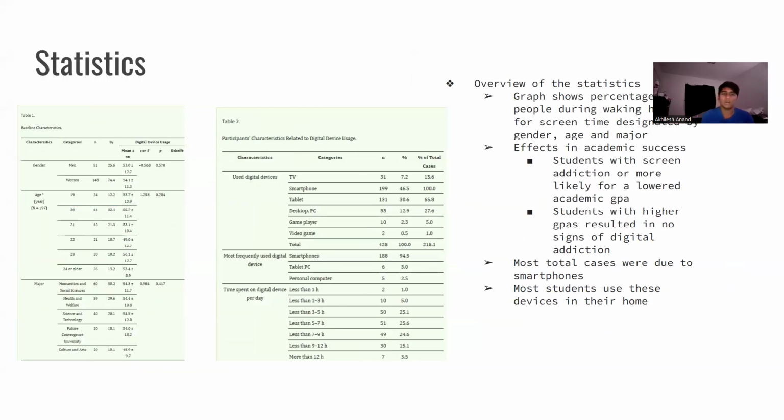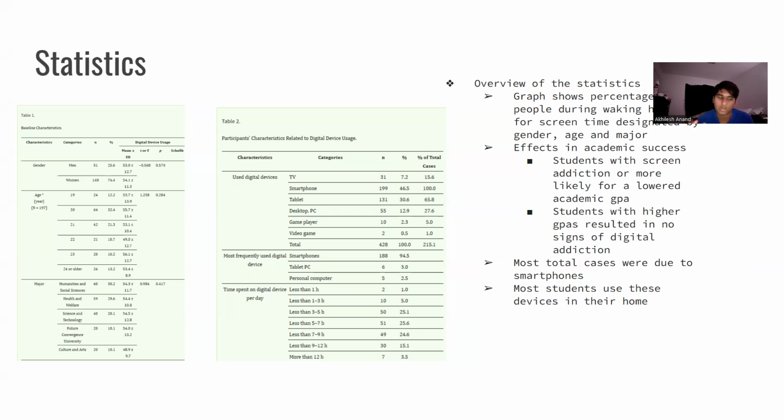So part three, statistics. Real quick, I use the three parts, especially undergraduates. So the ages are from 19 to 23. This is the undergraduate age, as well as genders, men and women, and also specific majors that people will use. And usually all the hours and the max hours that people are spending on their phones. And as you can see by the statistics, on average people are spending 3 to 9 hours on the devices, college students.